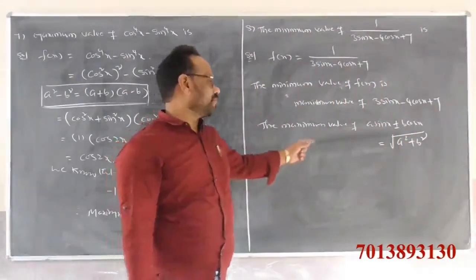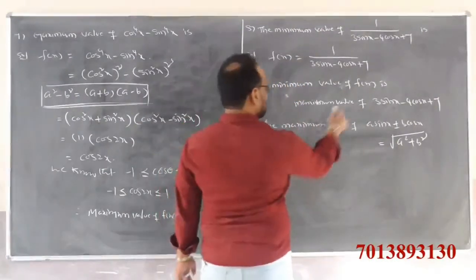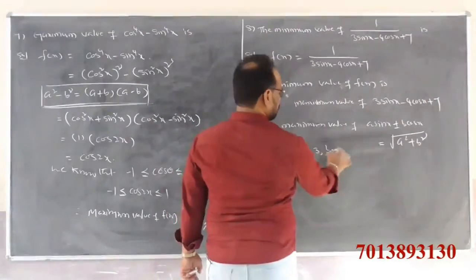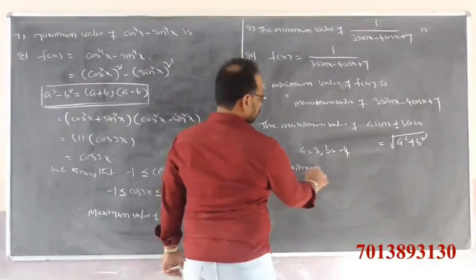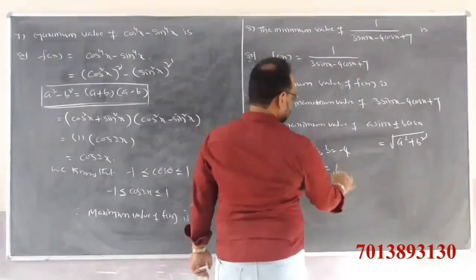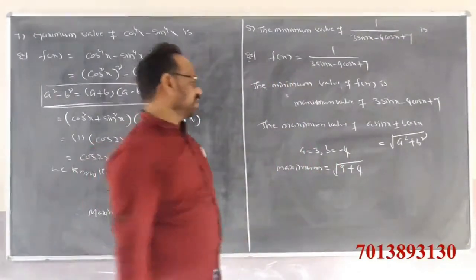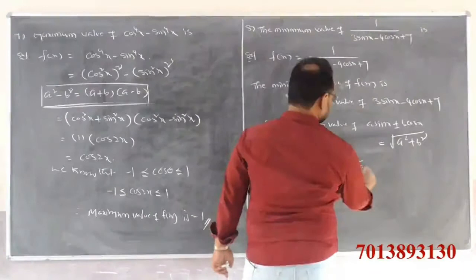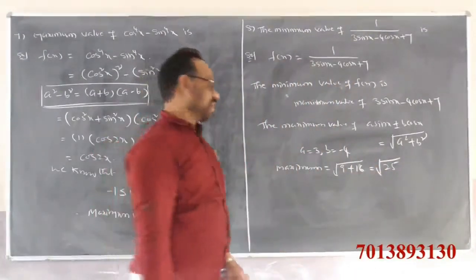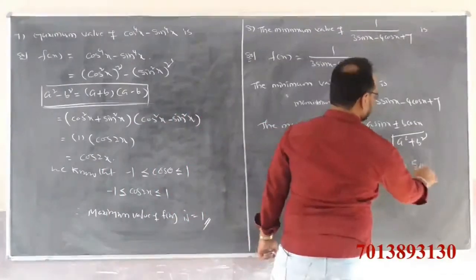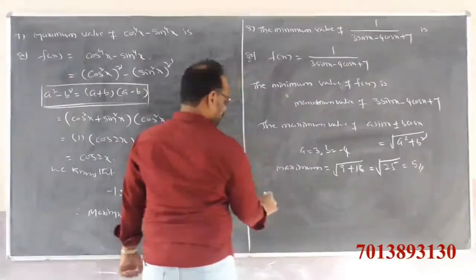If you want the minimum, that is minus square root of a square plus b square. So clearly a is equal to 3, b is equal to minus 4. So the maximum is equal to square root of 9 plus 16. 3 whole square means 9, 4 whole square means 16. So 9 plus 16 we get 25. Square root of 25 is nothing but 5. So the minimum value of f of x is